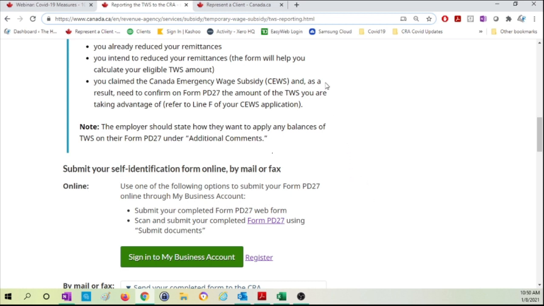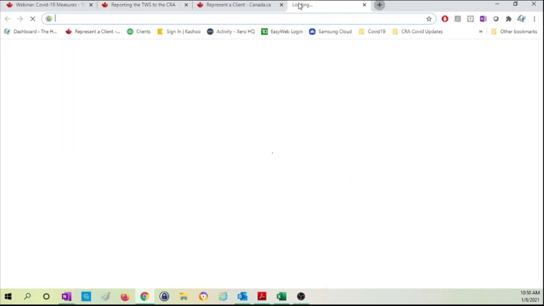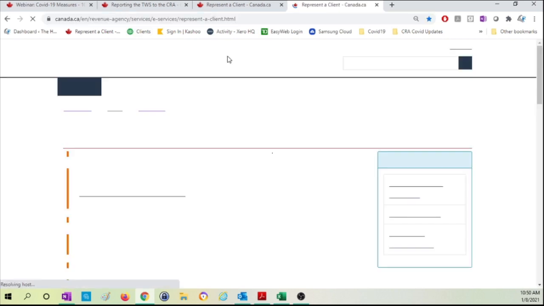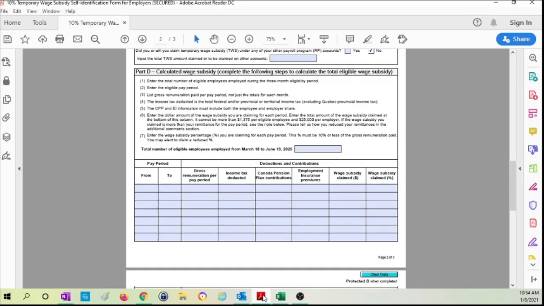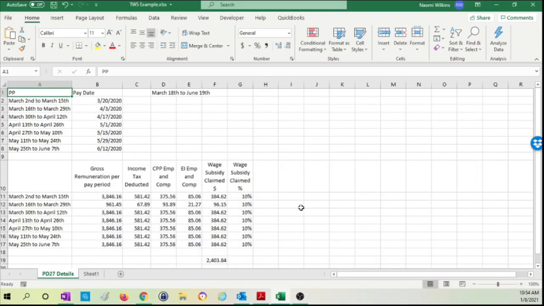So I just thought I would jump online really quickly and show everybody what it looks like to submit it online in case you have any further questions. Before going online, I would gather all the information that I need. You can do this right on the form itself, but I like Excel because I can add stuff up and check my work. The first thing I would do is list out all of the